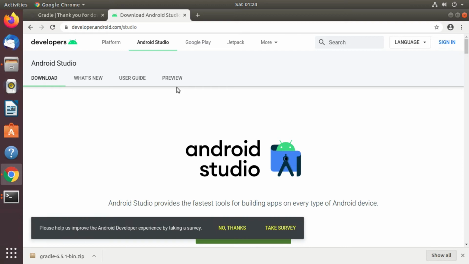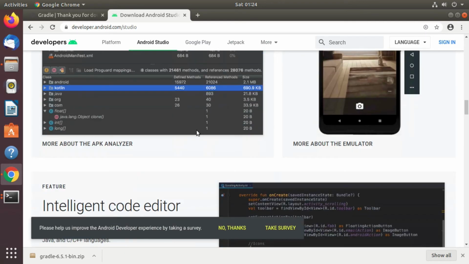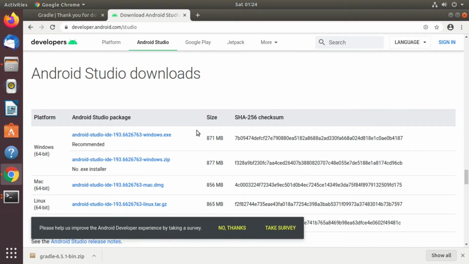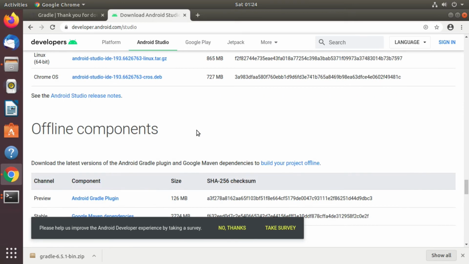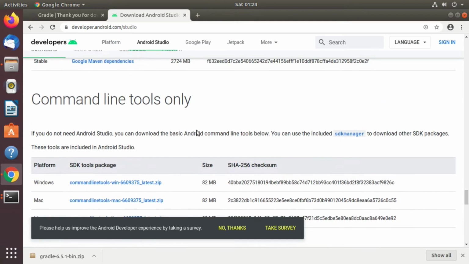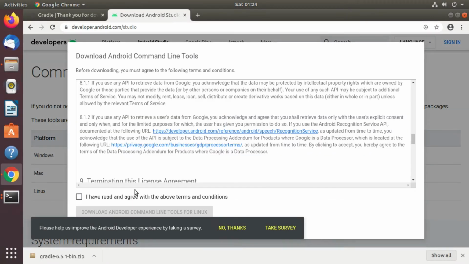So visit developer.android.com and go to the command line tools only section on the page. And download the Android SDK command line tools zip for Linux.